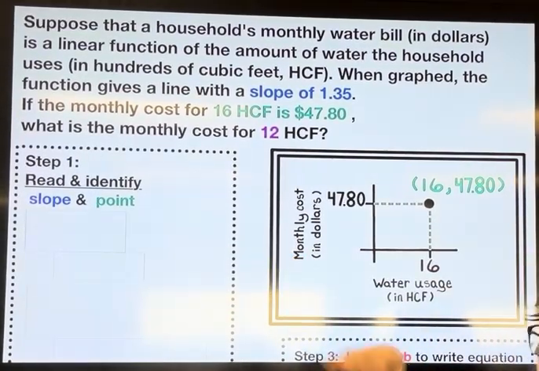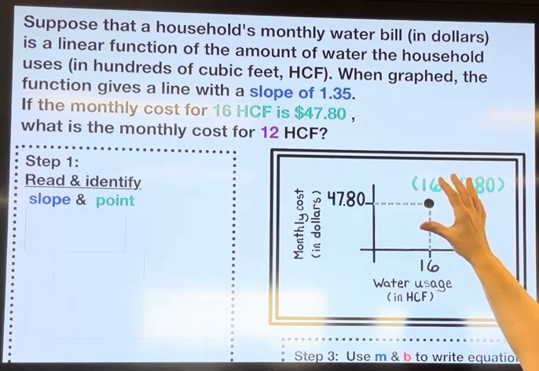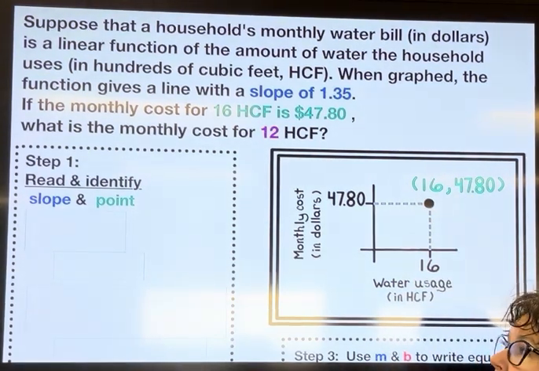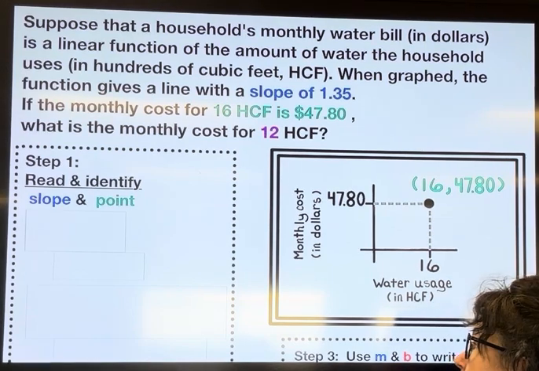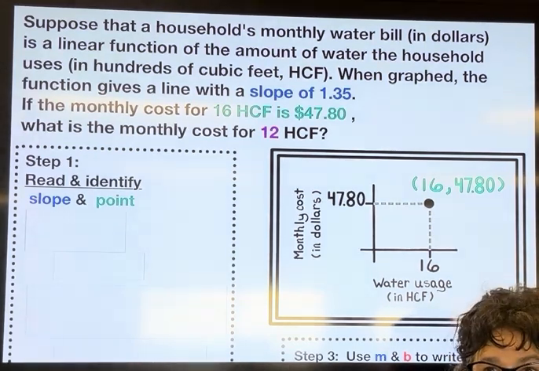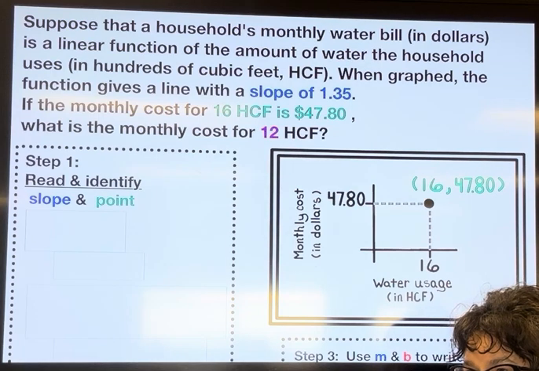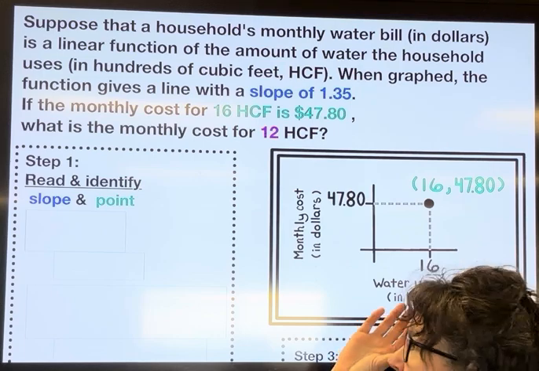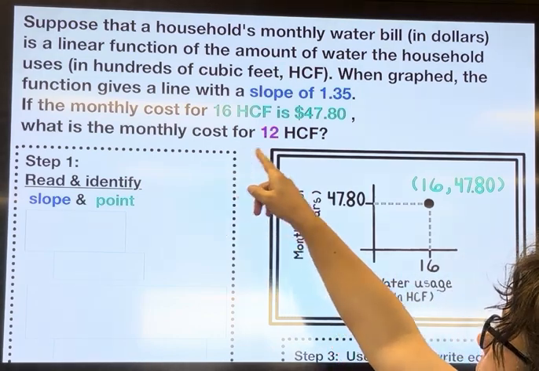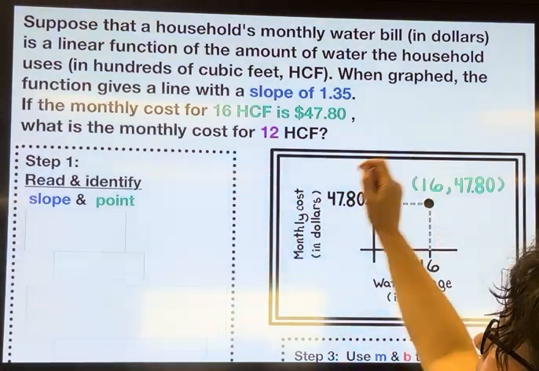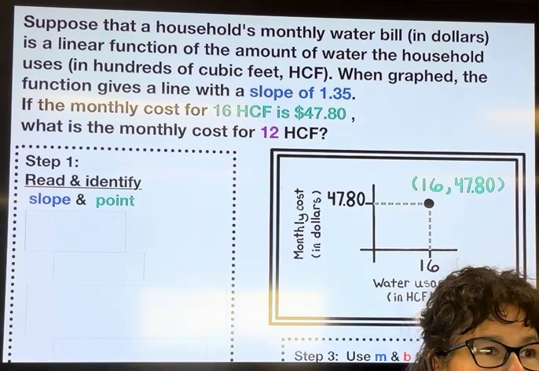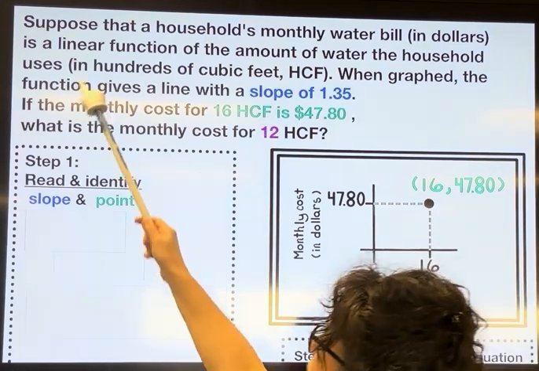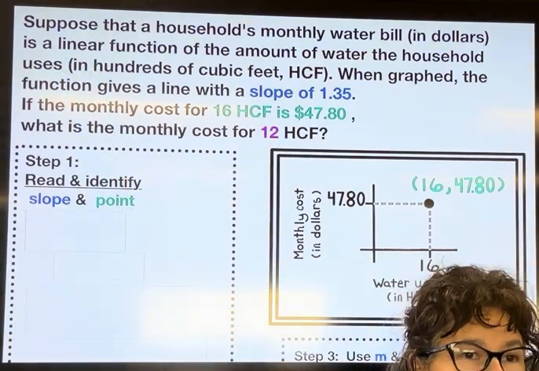So let's start off with the story problem, but keep in mind, in every one of these story problems, you're going to need to write the equation of the line and then use it. And they kind of lead you step by step to get there. So in this particular one, it says, suppose that the household's monthly water bill in dollars is a linear function. That just told me that we have y equals mx plus b, because linear means line, so y equals mx